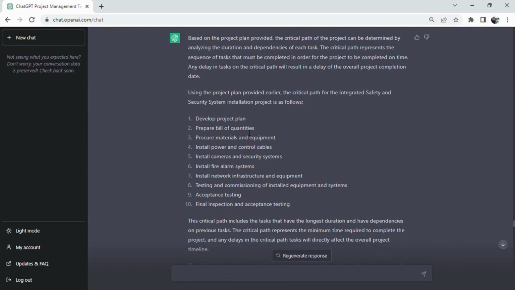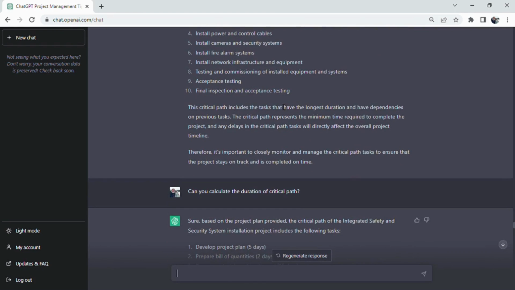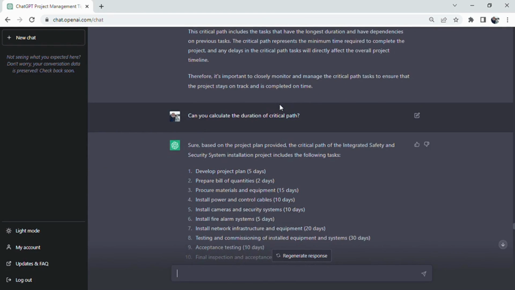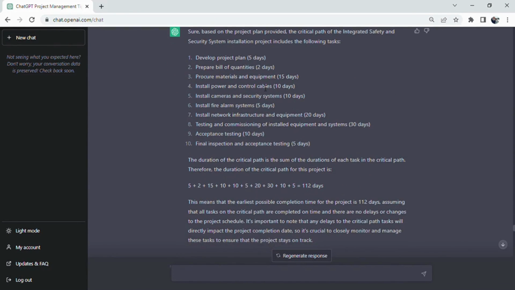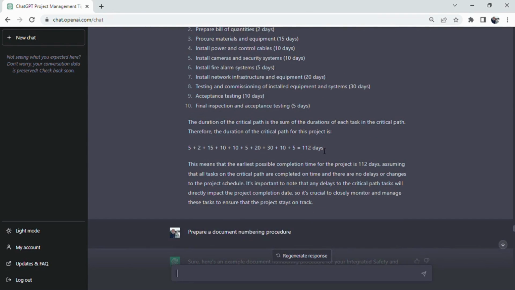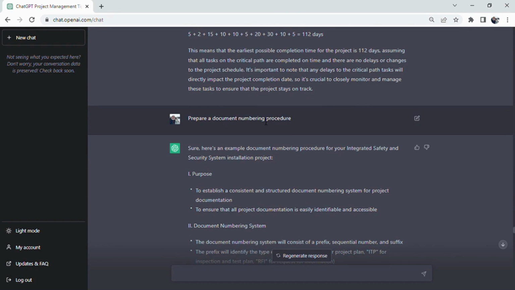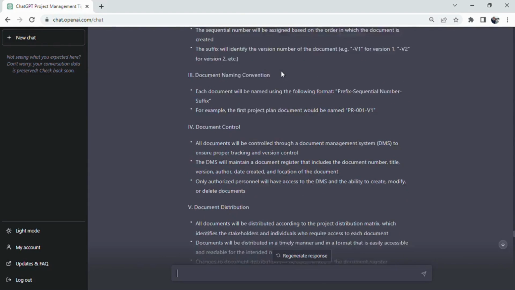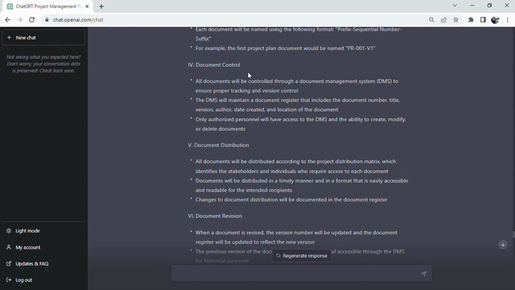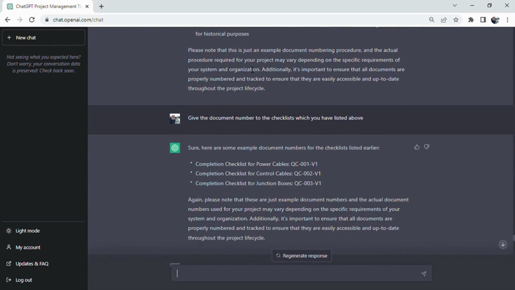To keep track of project documentation and equipment and materials throughout the project lifecycle, we developed document and tag numbering procedures. This helped us to ensure that all project documentation was properly labeled and tracked, and that all equipment and materials were properly identified and accounted for. For our project, we used tags to identify equipment such as cameras, fire alarm detectors, cables, and junction boxes. We also used document numbers to identify project documentation such as checklists, procedures, and test plans. By having clear document numbers and tag numbers, we were able to easily track and locate project documentation and equipment